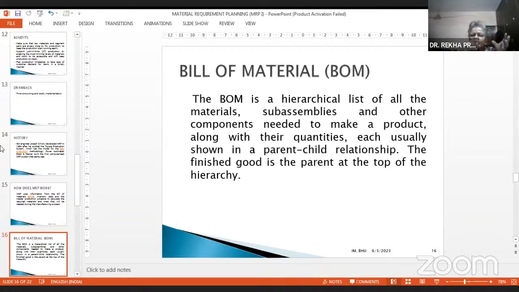So all the materials you require to make the handle, the seat, the tires, and so on, are in a parent-child relationship. At the top is the bicycle, and that is the parent, and the children are the different components required to produce that bicycle.